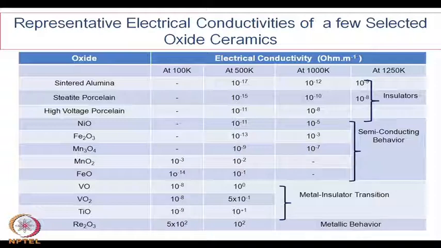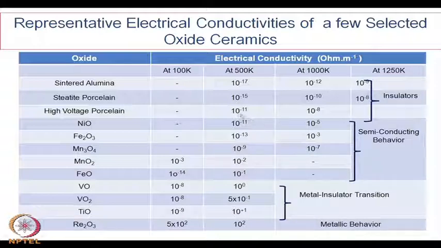Here is a list of electrical conductivities of a few selected oxide ceramics. You will see there is a very wide spectrum of electrical properties, starting from the insulators over here. Then you have semiconductors. There are some ceramics where there is a metal insulator transition, and then we have some metallic behavior in them. So, different kinds of electrical properties are available in the host of ceramic materials, some of which we have discussed